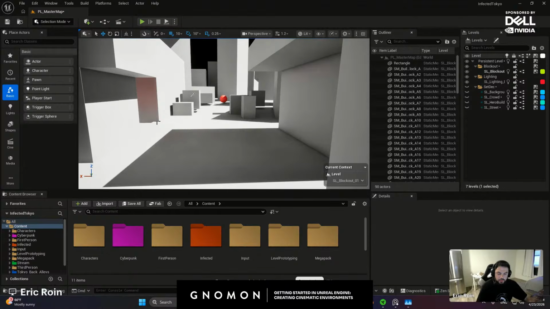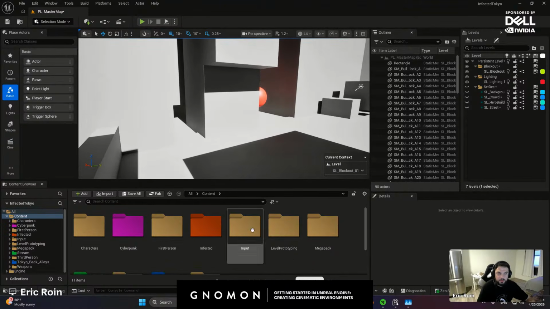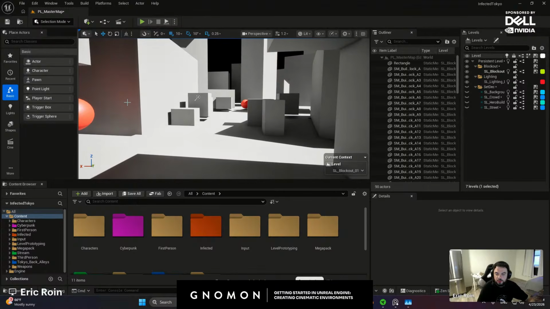As far as my UI here, I have my content browser, I have my outliner, and again, if there's any questions at any point, you guys are welcome to chime in. I really want to show what I did, but also make sure that for those who are just getting started, this is an easy experience and hopefully gives you some inspiration to try it out.